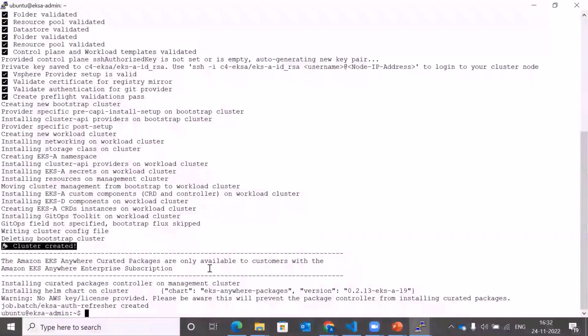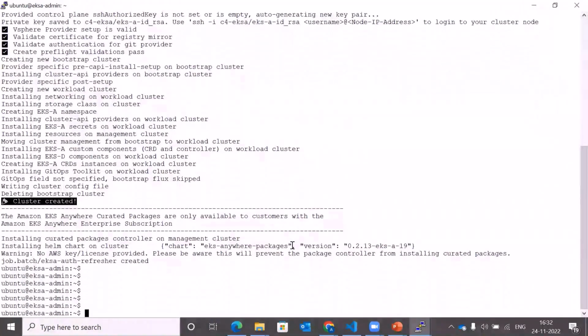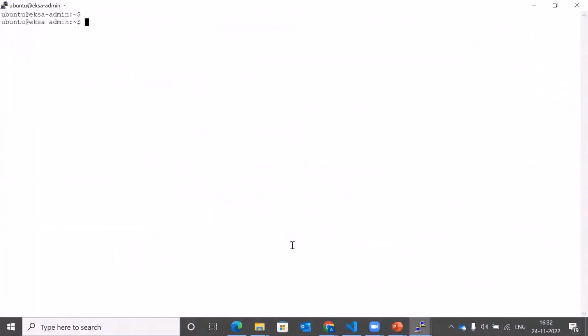The cluster has been created. Now the point is, how do I access this cluster, right? And I'll show you what I meant by transferring of those management capabilities onto the target cluster. Now, as a part of the cluster creation process, not by virtue of the script that I've written, but as a part of the EKS Anywhere cluster create command itself, a directory is created by default by EKS Anywhere, and it is always placed inside the home directory,